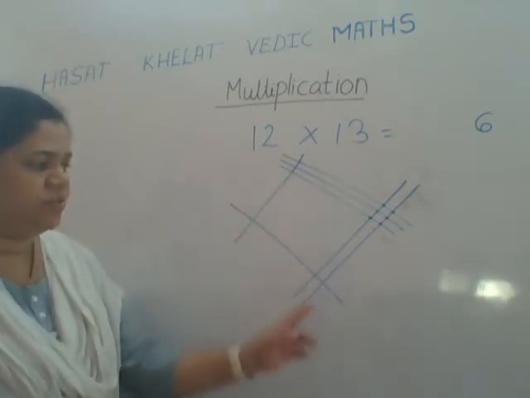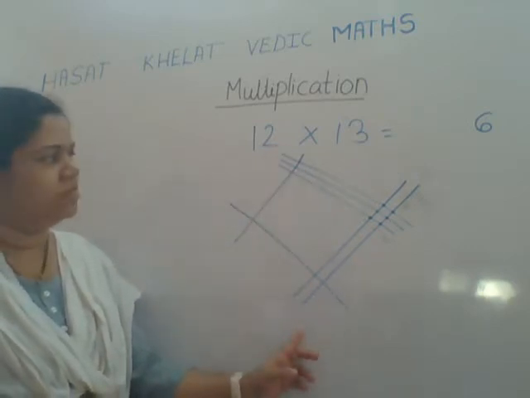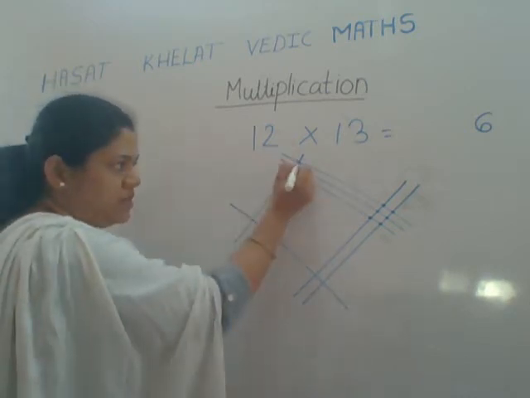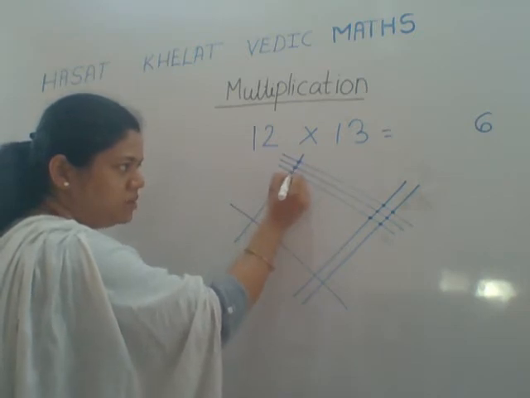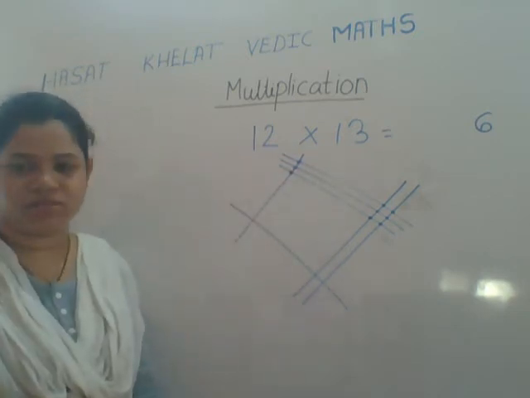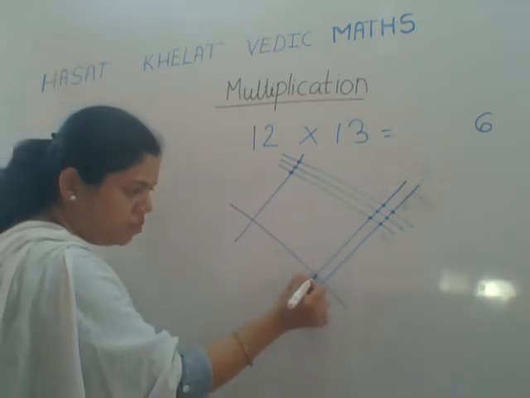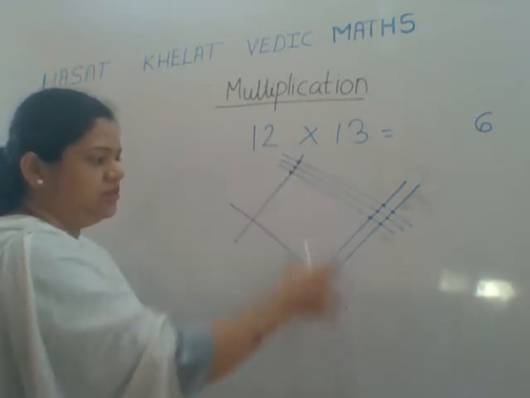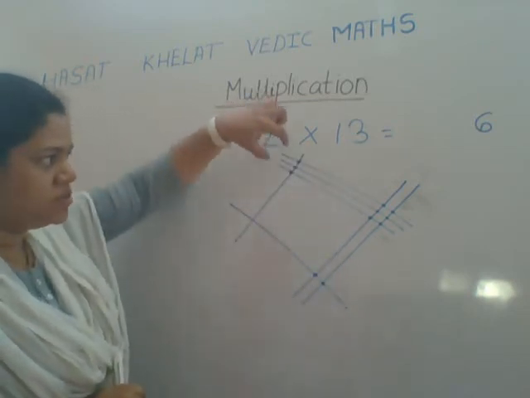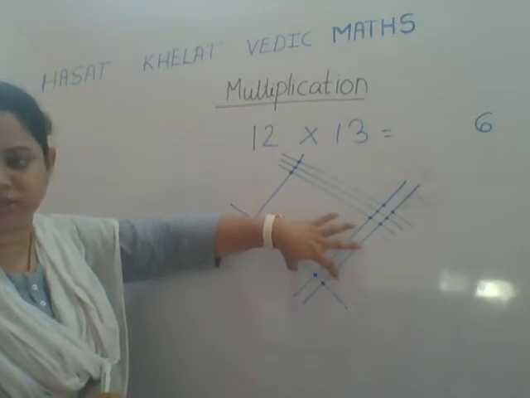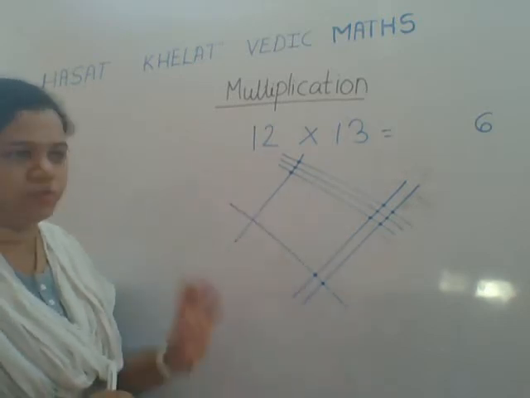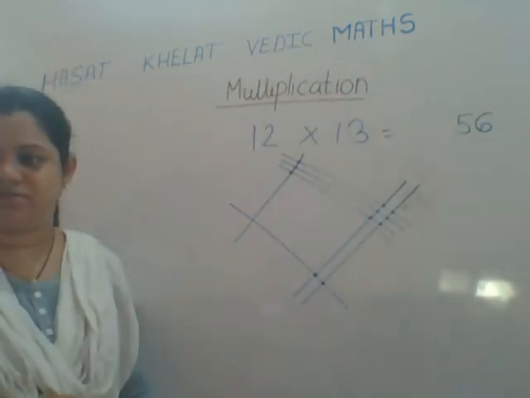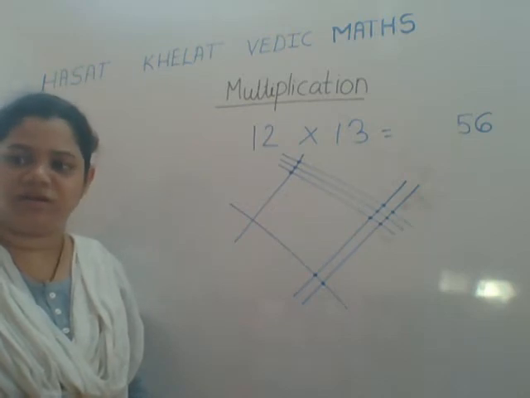Now, let's come to the middle section of this drawing. Let's see how many times the lines are intersected. Here in the top, 1, 2 and 3: 3 times. And in the bottom, 1 and 2: 2 times. Now this middle section, we have to add together. This 3 times plus this 2 times, so it becomes 3 plus 2. It becomes how much? 5. I will write it in the tens place. The 5 went in the tens place.